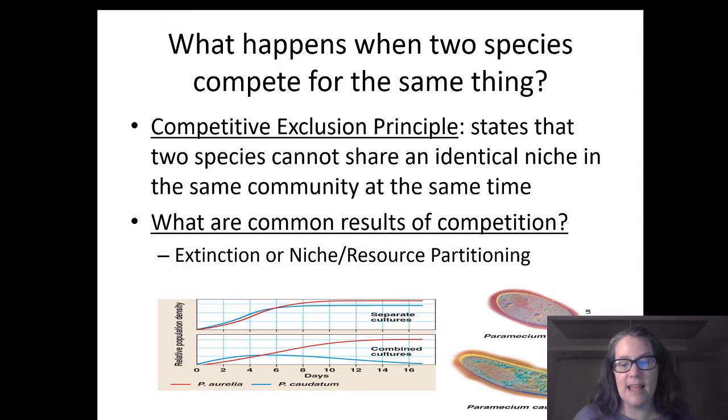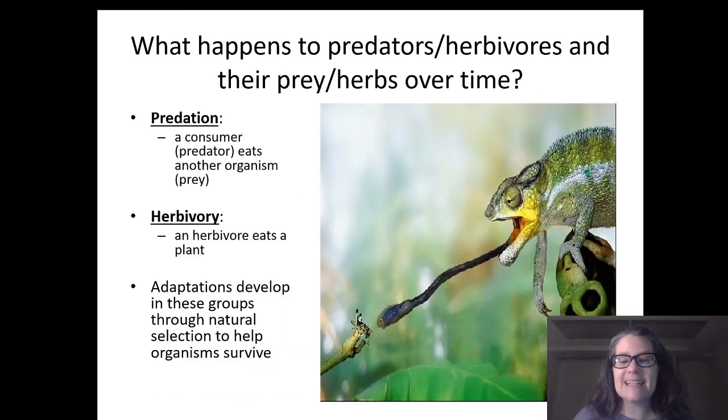The next kind of interaction that a community ecologist might be interested in are these almost co-evolved predator and prey relationships and herbivores with their plants. Predation is a consumer or a predator that eats a prey item or another organism. Herbivory is where an herbivore eats a plant, right? And in both of these cases, these